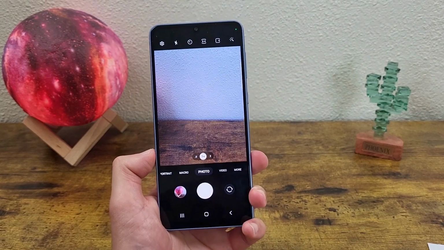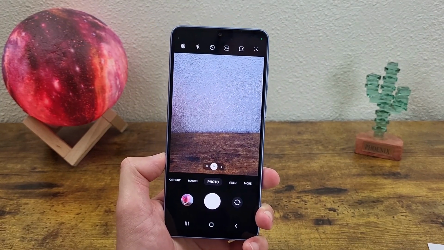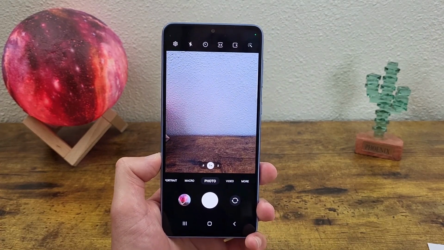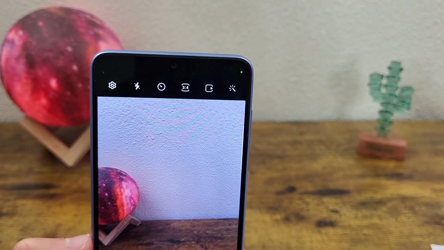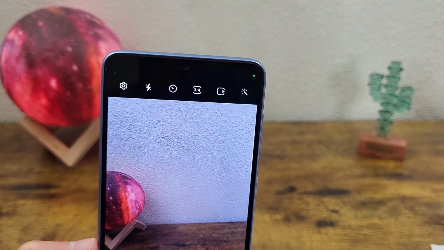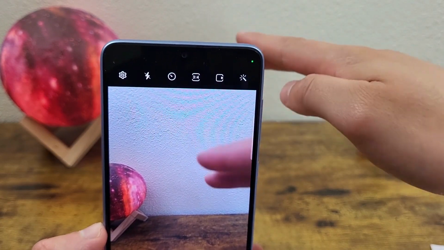The next thing I'm going to show you is how to take a live photo. Now I think on this phone it's actually called a motion photo. It has a slightly different name on different devices, but it basically does the same thing. It's basically used to get a picture of something in motion. So for example, someone running, maybe a car moving, a bird flying. When you use a motion photo on a scene like that, it's going to make sure the subject isn't just